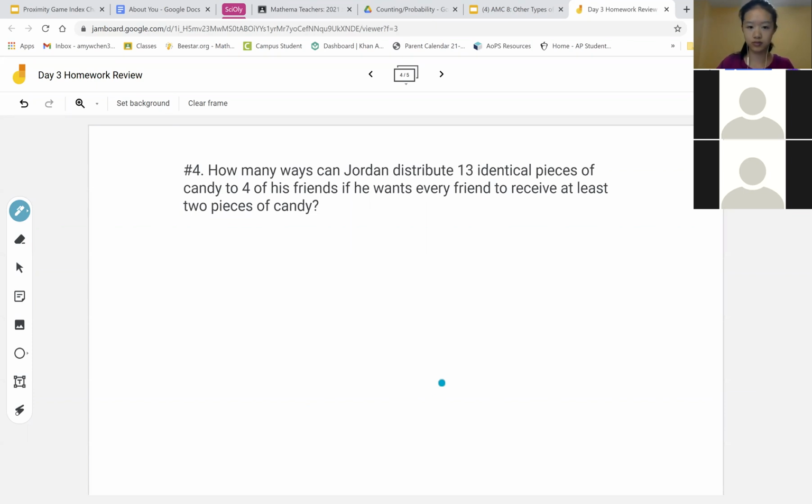I mean, what I did is, so if there's 13 pieces of candy to 4 of his friends, and if he wants each one to receive 2 candies, then really 8 candies are already set aside. Yes. So you're working with 5 candies and 3 sticks. Yeah. Or 5 stones and 3 sticks. Mm-hmm. So then you add your 8 factorial divided by 5